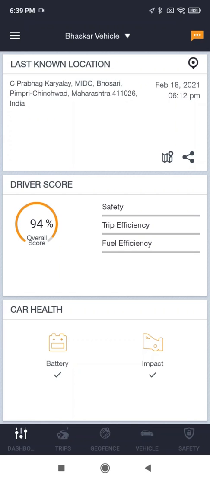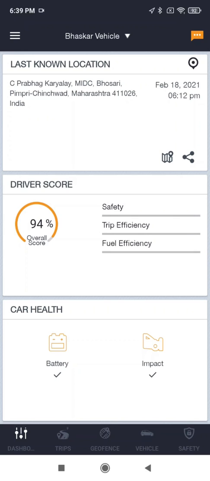First, let's go into the details of last known location section. In this section, you can see the last location of the vehicle along with the date and time when it was reported onto the server. You can also see the details of where vehicle is actually located right now and if the vehicle has driven the path that it took to travel.